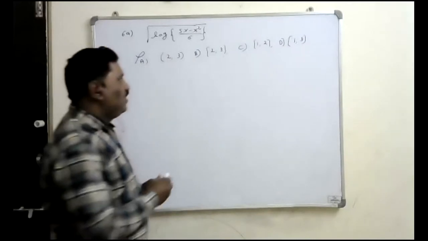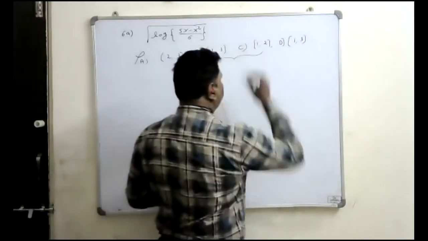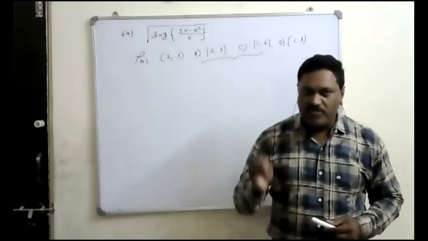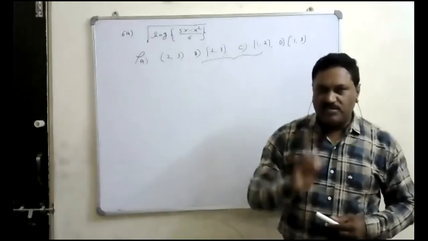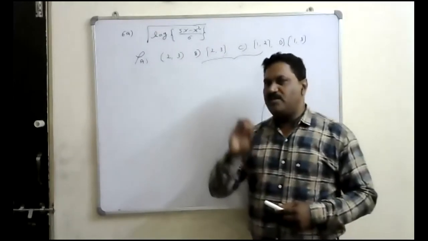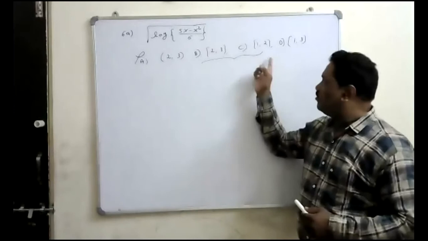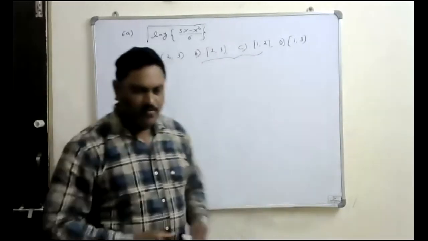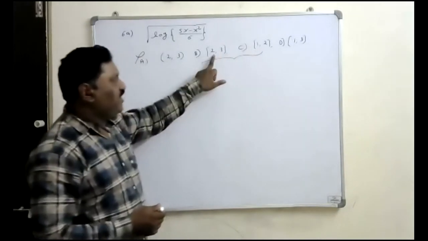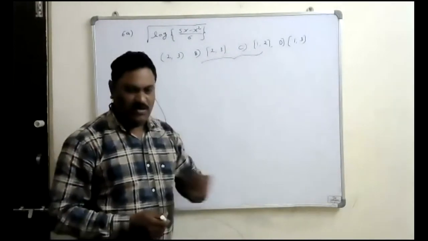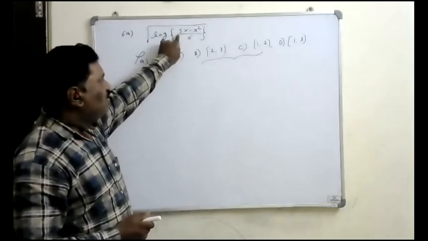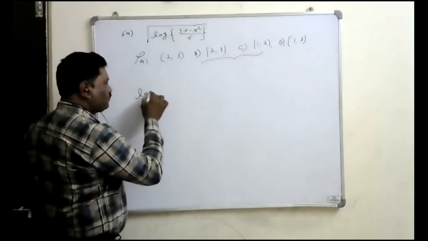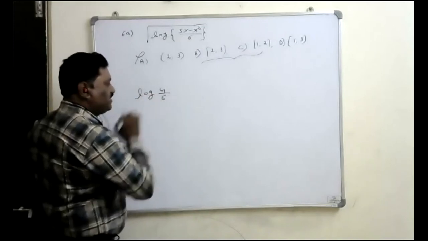Okay. Now, look at these 2 options. Observe these 2 options again. Select one value for x which lies in one interval, which should not lie in another interval. So tell me, which value can we take? 1. So 1 is there here, it is not there here, right? I will take x is equal to 1. Substitute here. Take x is 1. 5 into 1 minus 1, that is 4 by 6. Log of 4 by 6.